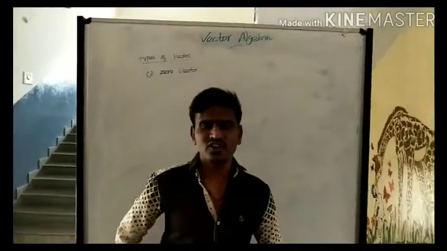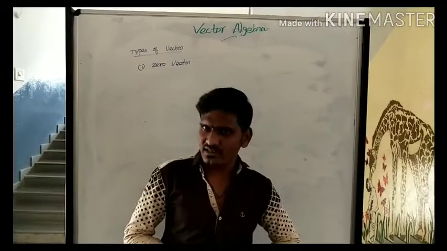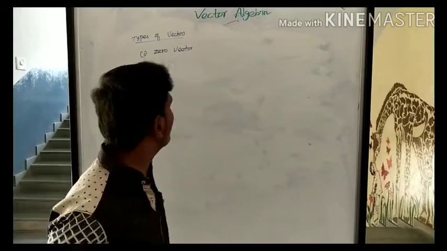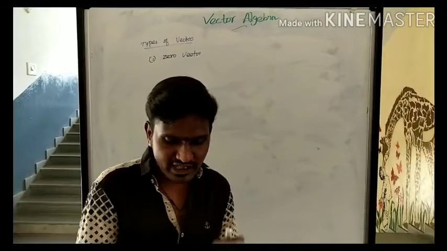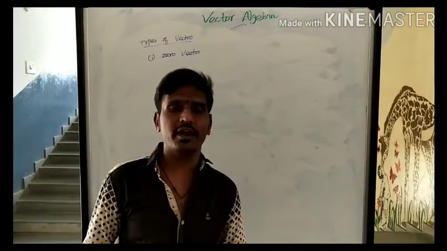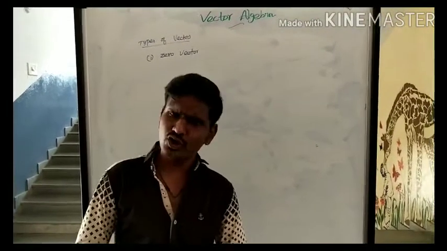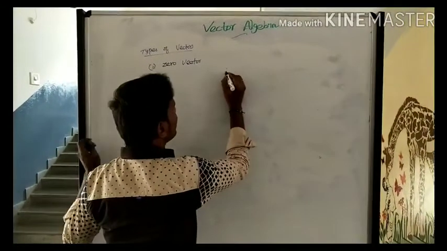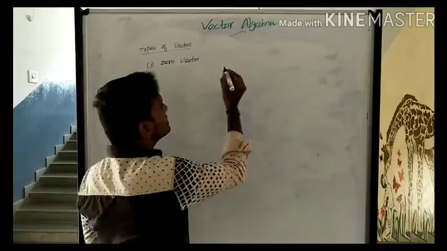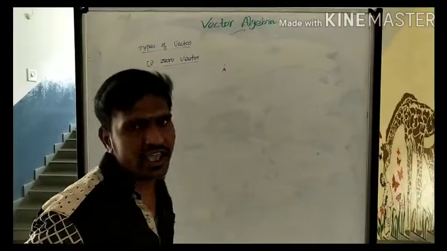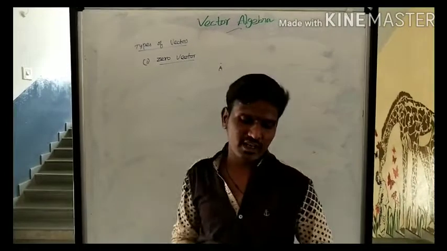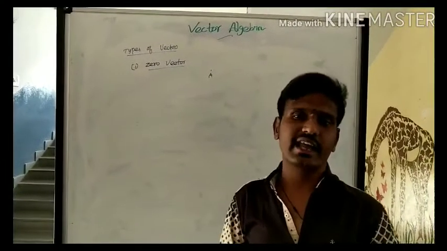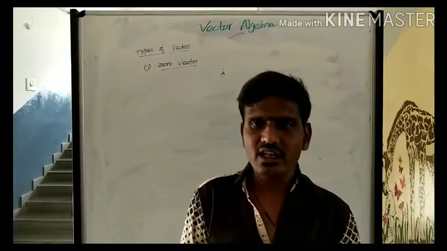Now coming to the next topic. Vector we already know. Zero matrix you already got, right? What is a zero matrix? A matrix having no nonzero elements is called a zero matrix. Like that, a zero vector means we don't have any direction. The initial point and the terminal point both coincide. That is, a single point A, which cannot be anywhere else. So that is called a zero vector. The zero vector is a vector whose initial and terminal points coincide.